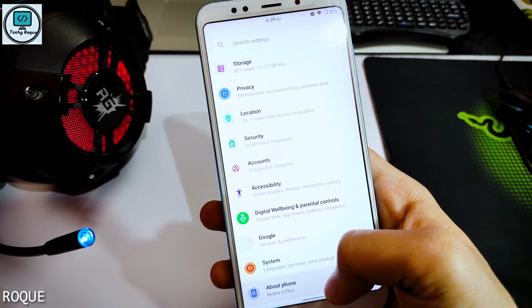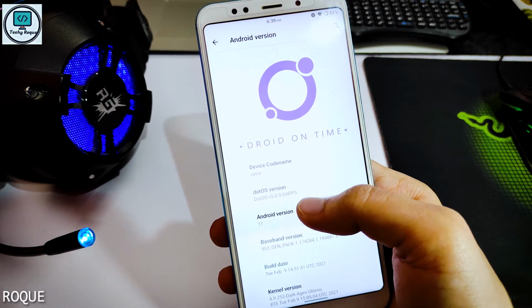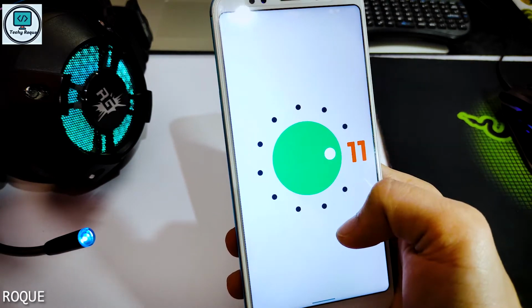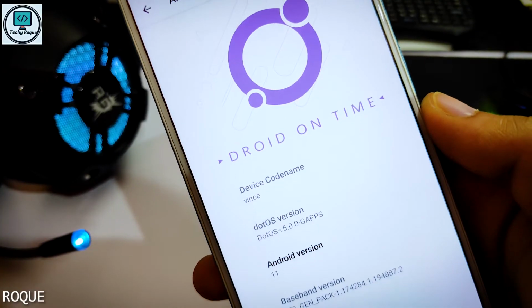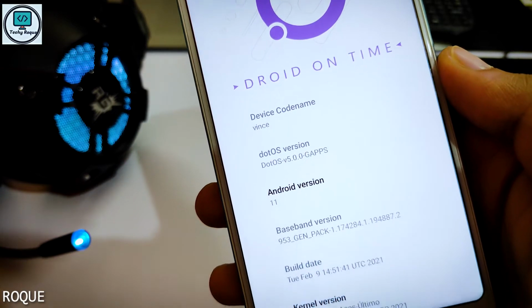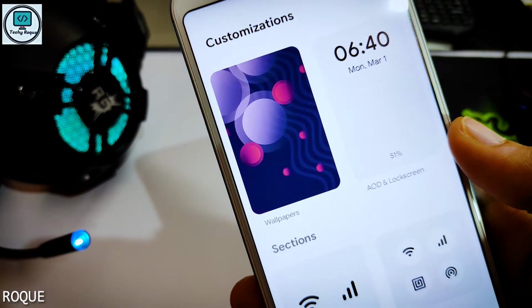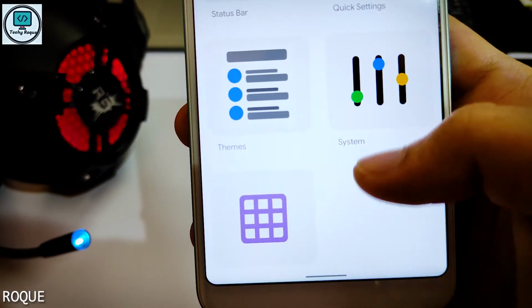In the about section, you can see the Android version. Just swipe it. So yeah, that's Android 11, and you can see the Android .os and the customization. Different customization menus are available, and some pre-installed wallpapers over here.